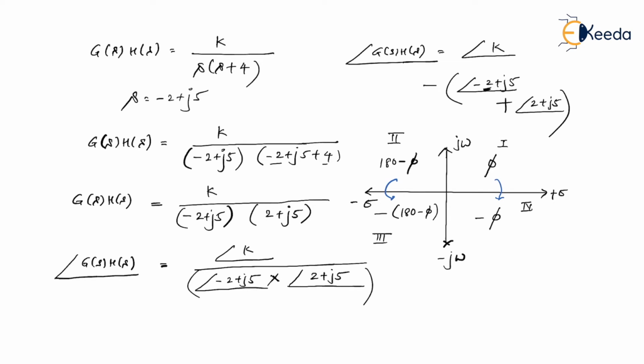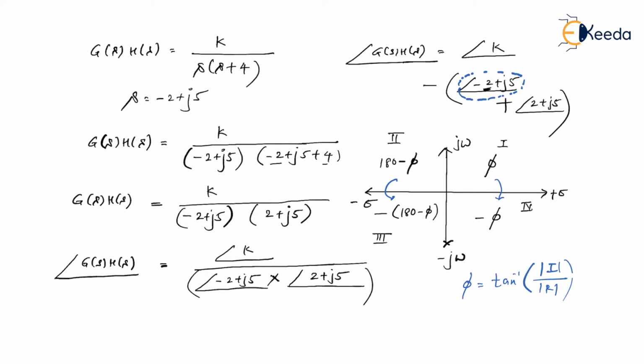So how to calculate phi? Please pay attention. Phi is always tan inverse of mod of imaginary upon mod of real. That is, imaginary and real can be positive or negative, but you have to always consider the magnitude. Fine. So in that respect, try to understand, I'm talking about this, that is minus 2 plus j5. Please concentrate on this, minus 2 plus j5.